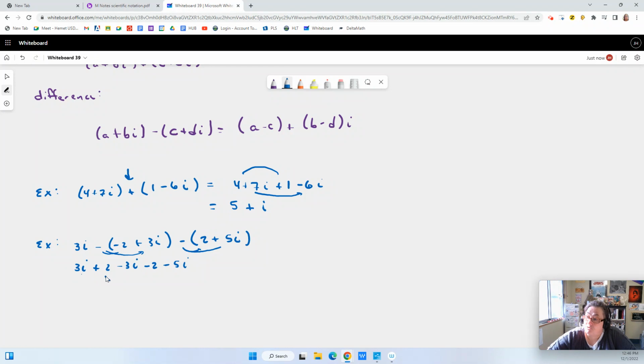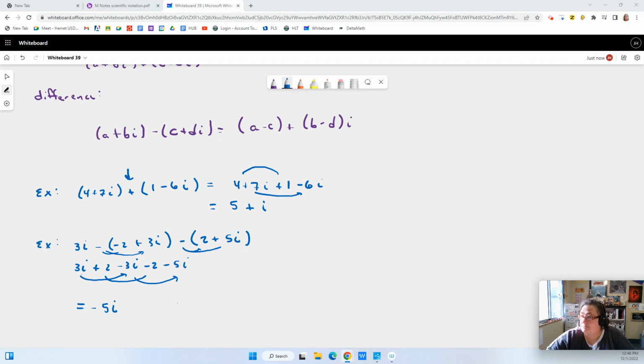So now we just look at our numbers, right? We got 2 minus 2, well, that's 0, right? So I don't have any real number component, because they zero out. Here I have 3i minus 3i, well, that's 0. But then we have minus this negative 5i, which is just going to give us negative 5i when we're done. Does that make some sense to you guys? It's really just being treated like any other variable. We're just getting a little more intricate in our details.